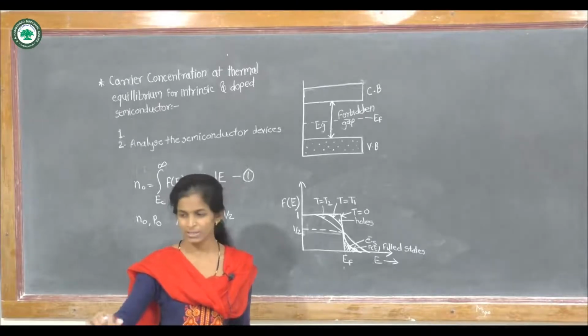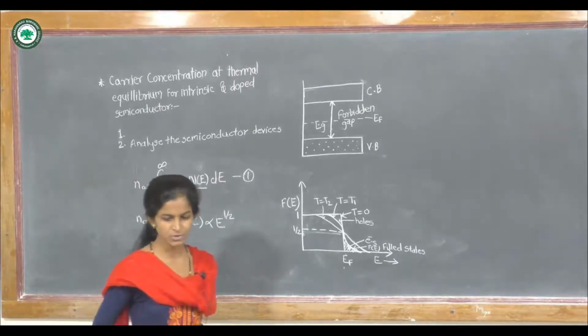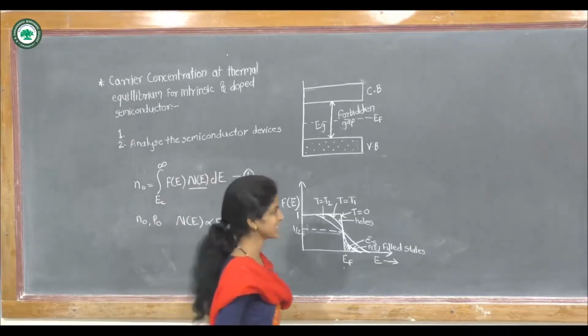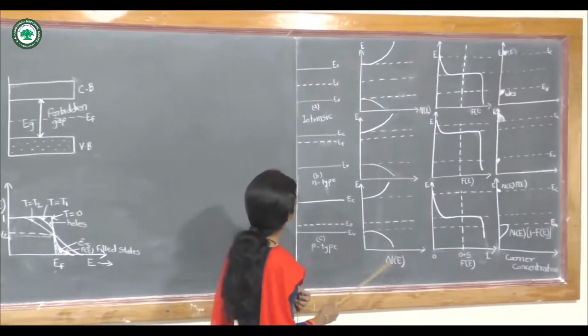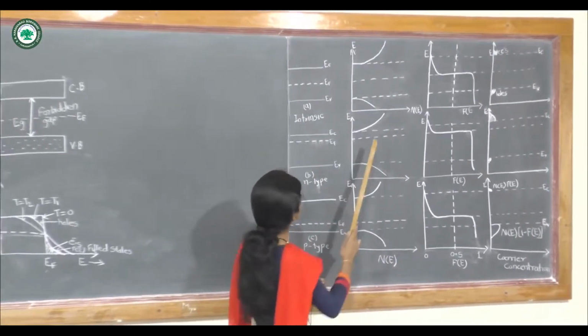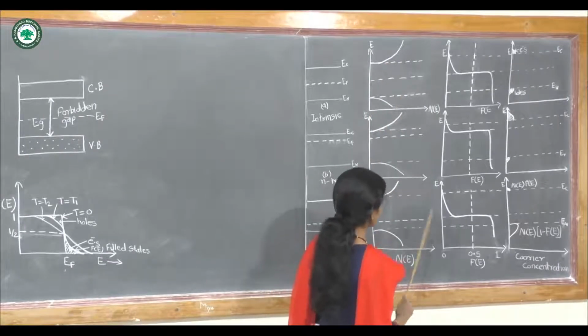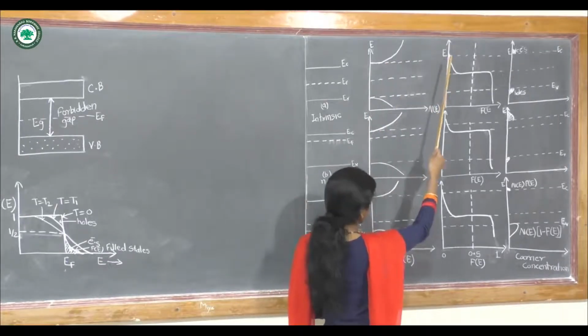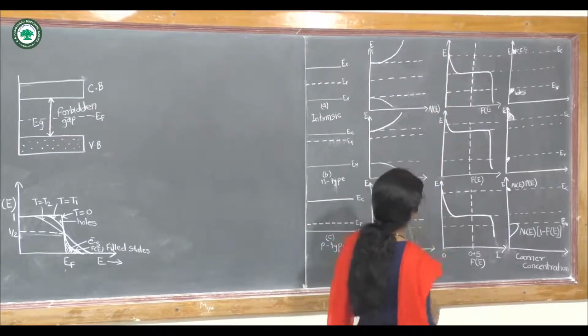On the other hand, the Fermi function becomes extremely small for large energies. The density of states increases with increasing energy, while there is a very small value for f(E) at large energies, due to which